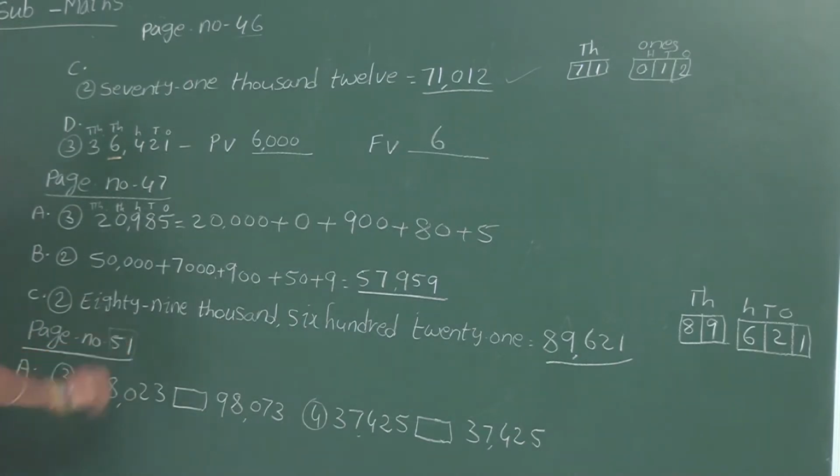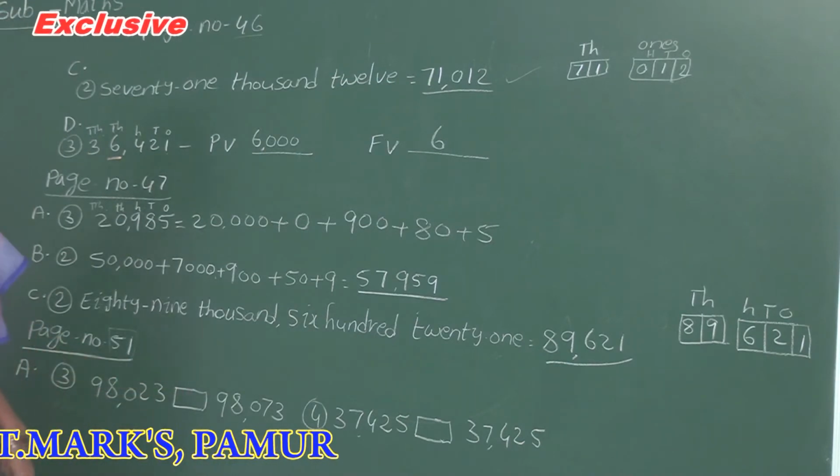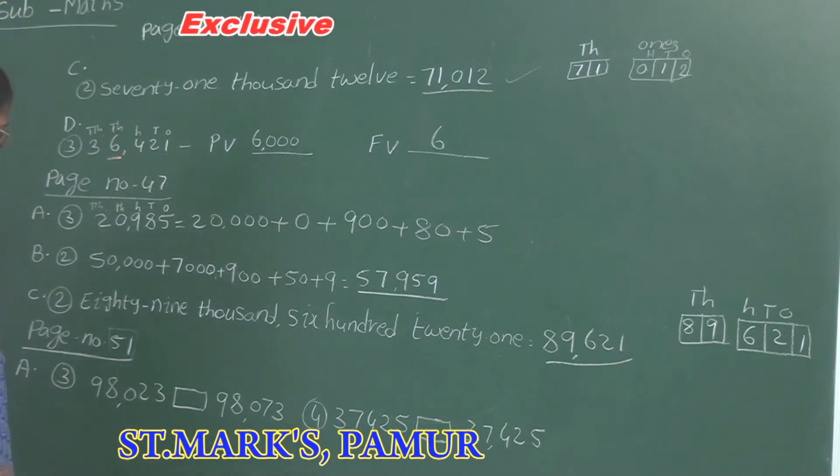Next, come to the page number 51. 51. Okay na? In 51, what are these two questions in a row? Here Roman two questions I read. And third one and fourth one is given finally as a homework. So let us see that.